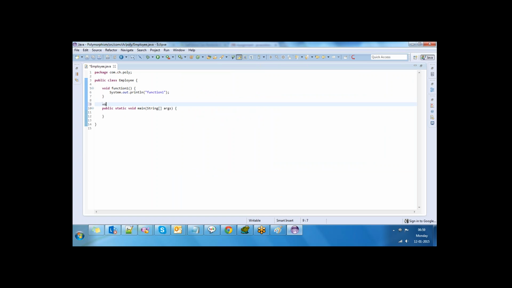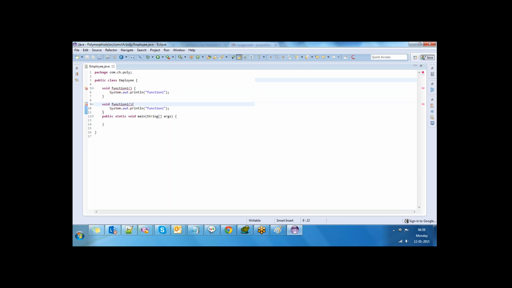Sorry, I'm going to create the same function 1. Why? Function 1. Can someone explain what I've written so far here?